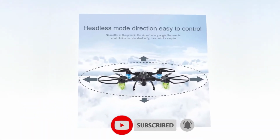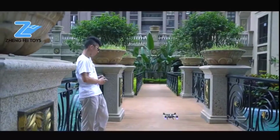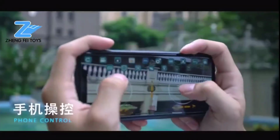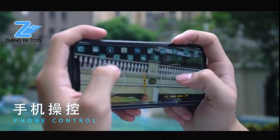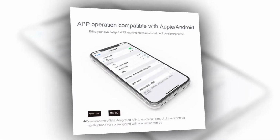It features a GPS positioning system for GPS position hold, return to home functionality, and other smart flight modes. It integrates a 1080-pixel HD camera, which transmits real-time HD videos and photos directly to a smartphone via the app. Recently this drone price is